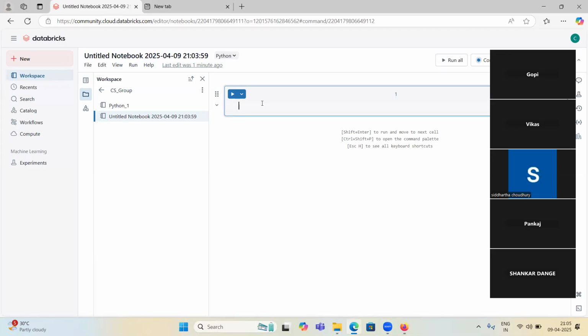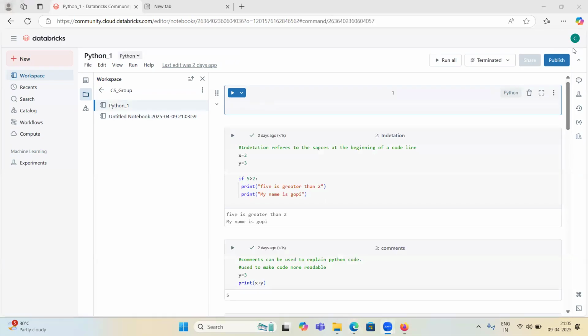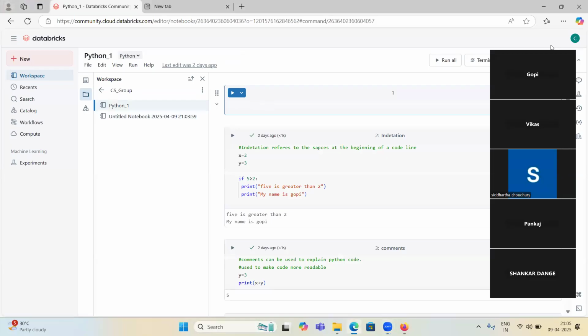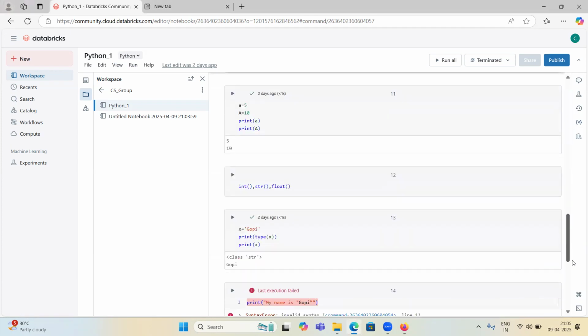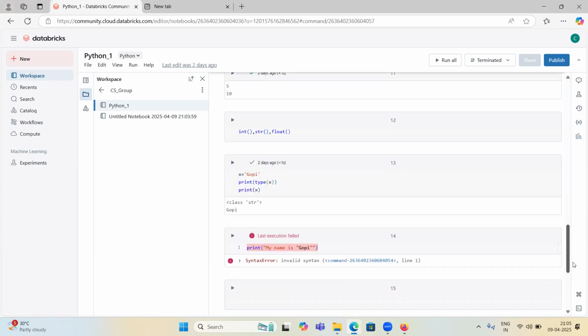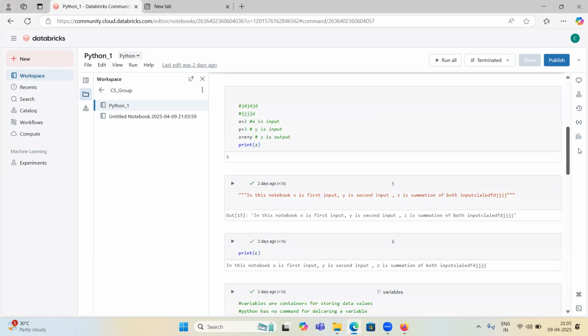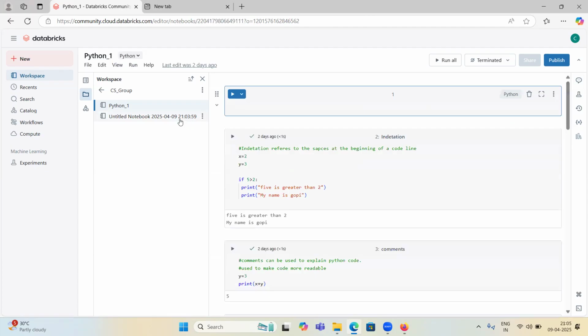So in last session, we were discussing how to create variables, what variables are, right? Indentation, comments, and variables also we discussed, right? Okay. Today,